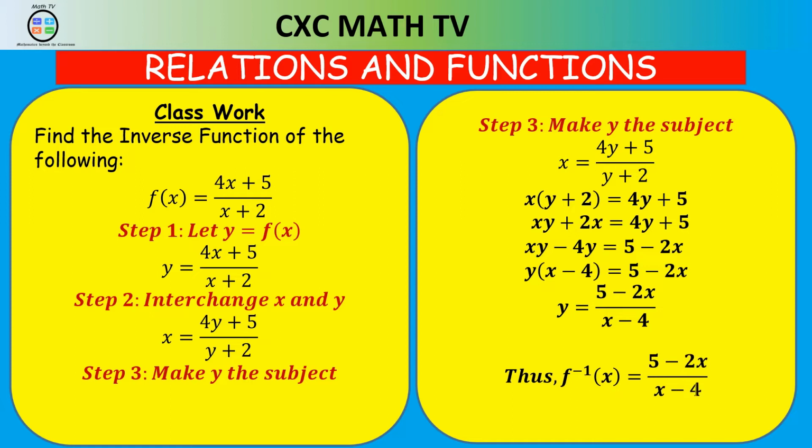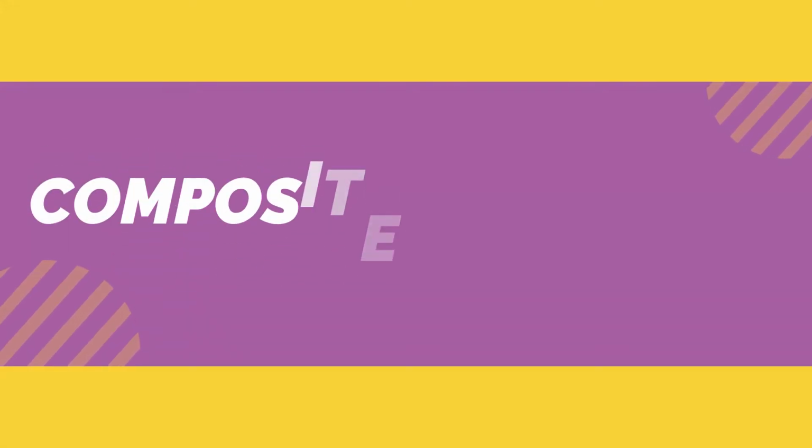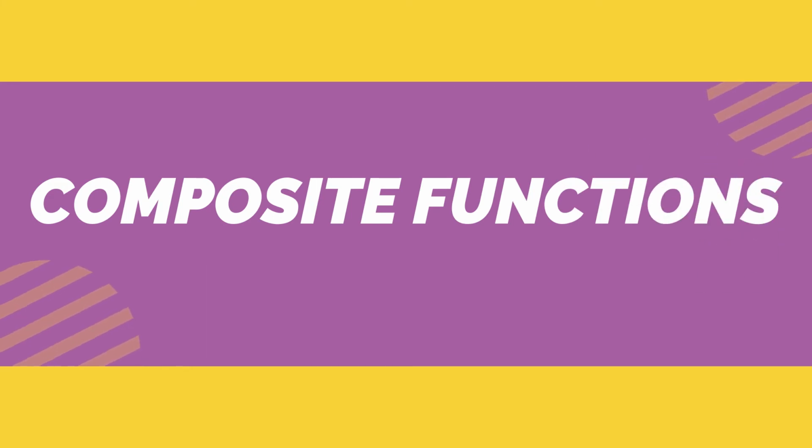And so therefore, f inverse of x is 5 minus 2x over x minus 4. Wow! Nice. Alright. Now, the next thing we're going to look at is